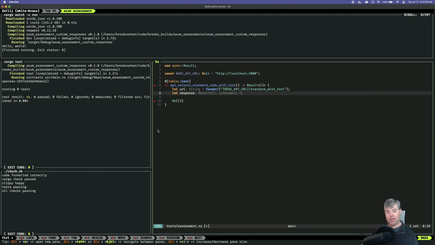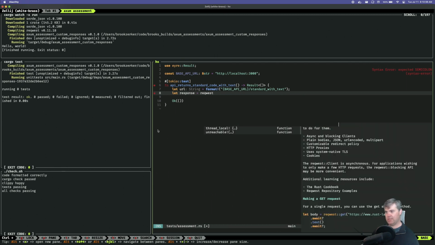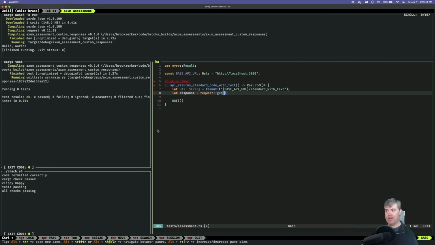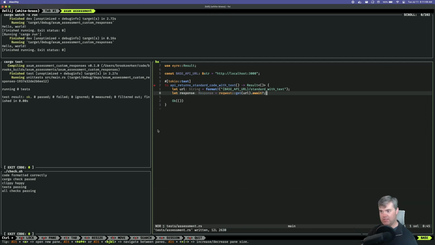Let's see. Okay, so I just want a standard request. I can use a get request for this, which means I can just do request get. I only need to get the client if it's a post or something that's not a get request. I will pass it in the URL. I don't necessarily think I need anything else special. So if I do that, that gives us our response.